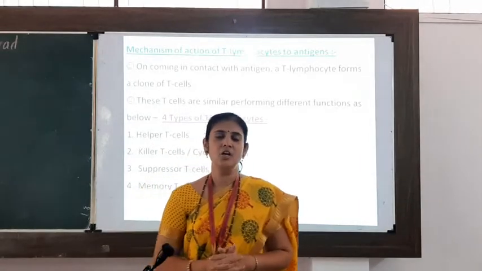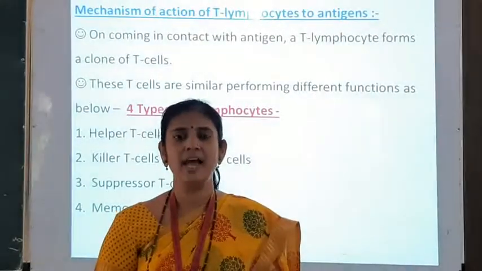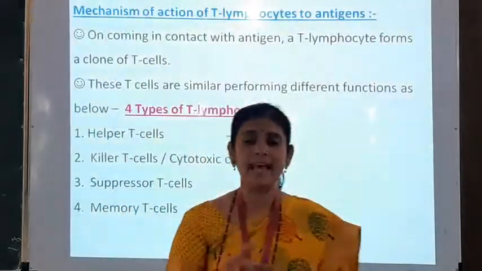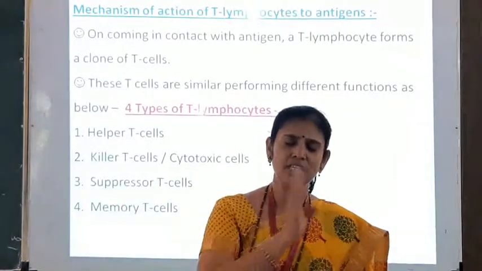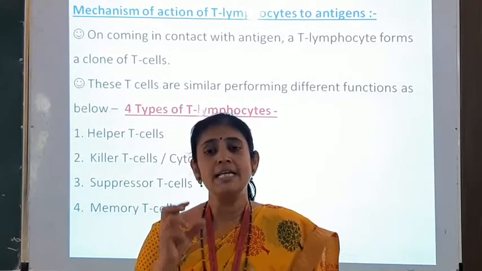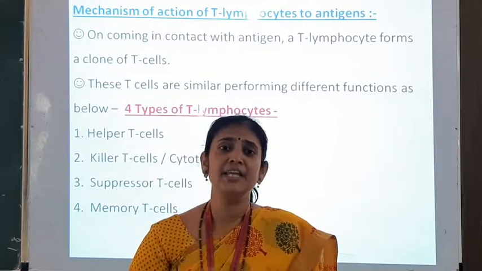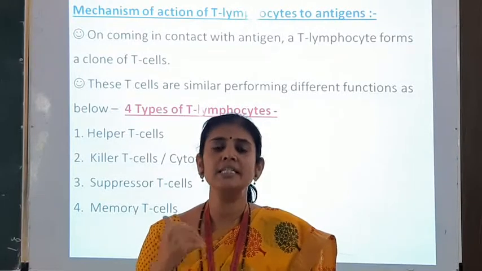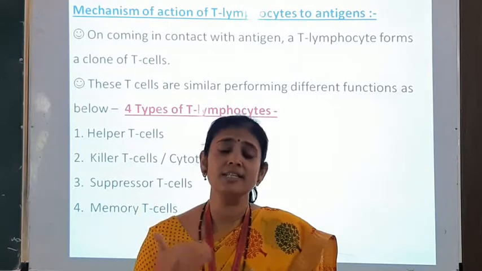In the last lecture, we studied the acquired immunity type systems and their different types, and the cells which are responsible for this acquired immunity, that is T lymphocyte and B lymphocyte. As we have seen in the last lecture, T lymphocytes are responsible for cell mediated immunity and B lymphocytes are responsible for antibody mediated immunity. So from that we have studied how T lymphocytes are responsible for cellular immunity or cell mediated immunity.